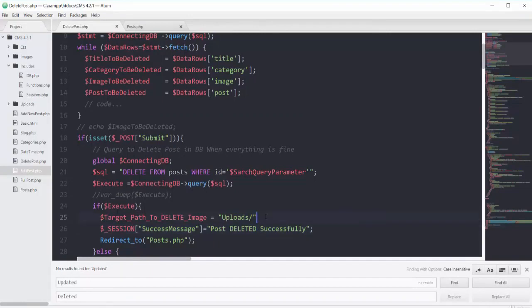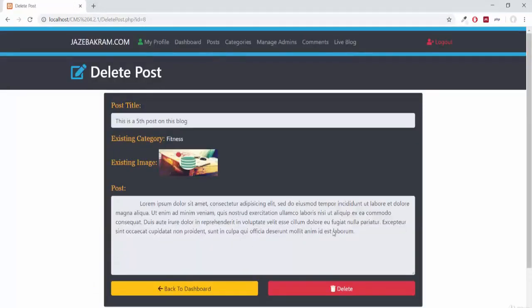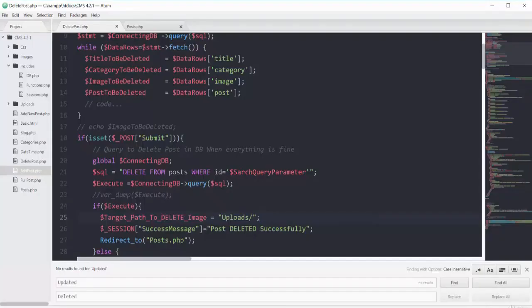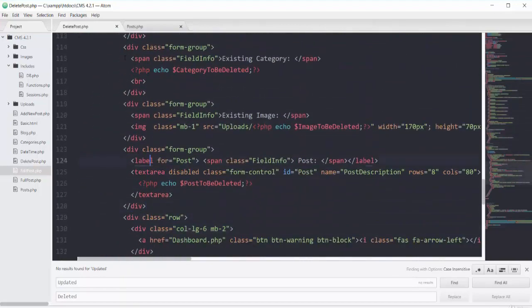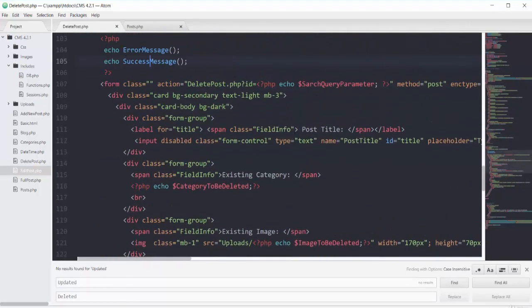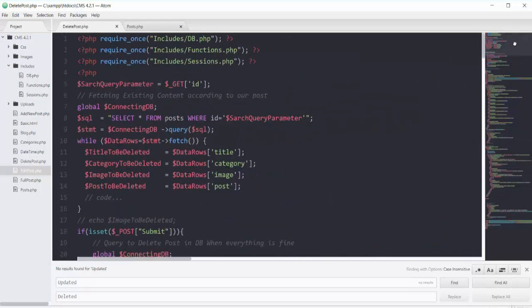So what's the error? Yeah, I have to add the semicolon. So if I save this one and just refresh this page, you can see we are fetching all of the post content. So I just made this simple change where I changed the variable name from title to be updated to title to be deleted, and I also changed every single echo statement which we were using to show our existing content. You can see this category to be deleted, image to be deleted, not the updated anymore.